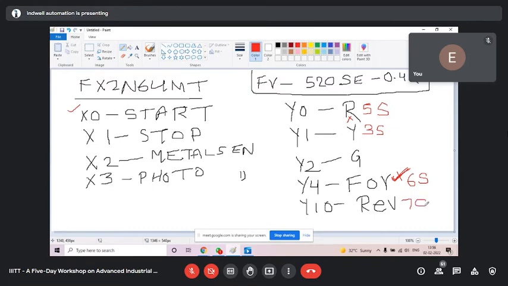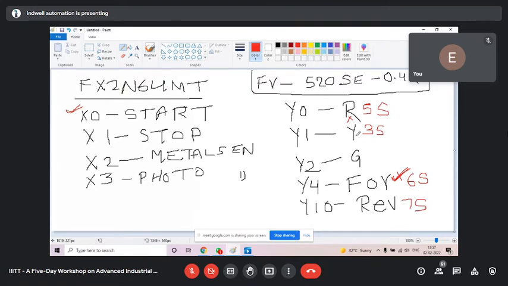Can you just repeat after yellow? Okay, I shall repeat once more, no problem. When you press the start push button, red will get on for 5 seconds. After 5 seconds, red off, yellow on for 3 seconds. After 3 seconds, yellow off.